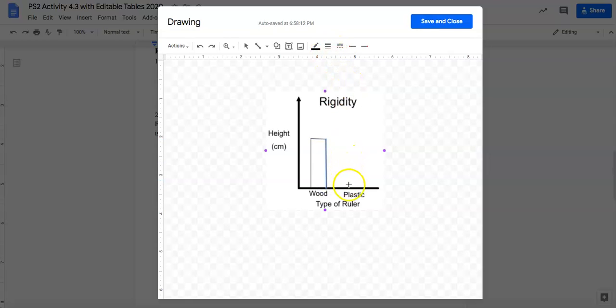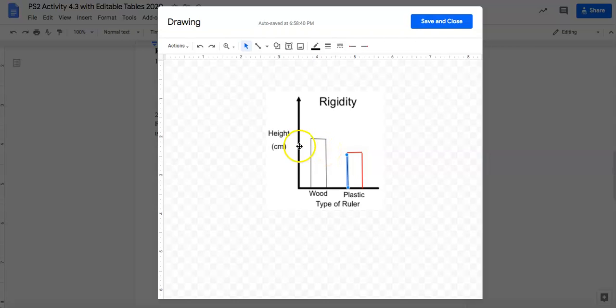Now you can do this for the other one, whatever is higher. I'm not going to tell you that your graph is going to look like this. I'm not even looking at my numbers. I'm just creating a graph. So it could be as simple as that. If you want to click on each line and make it a little bit thicker, you can do that. If you want to not only make them thicker, but change the color of it, you can do that. You can have, say, a red line, and then a blue line,